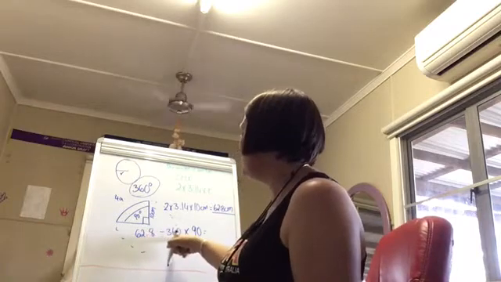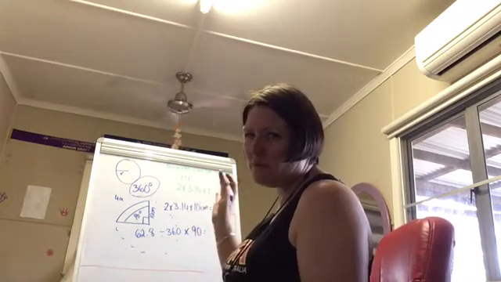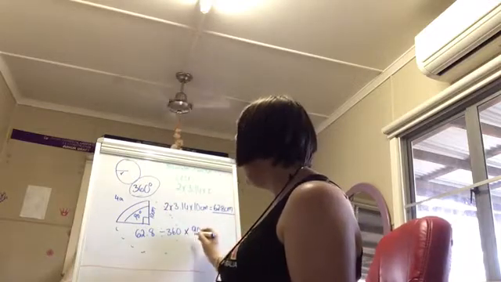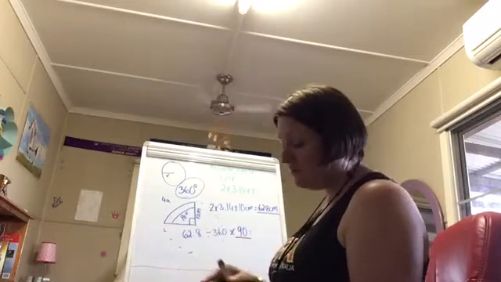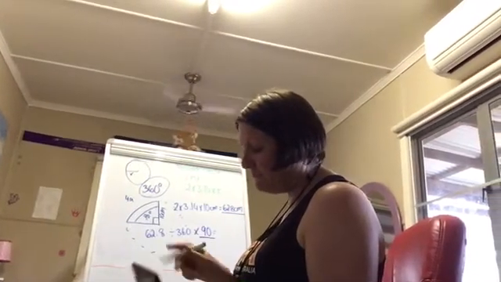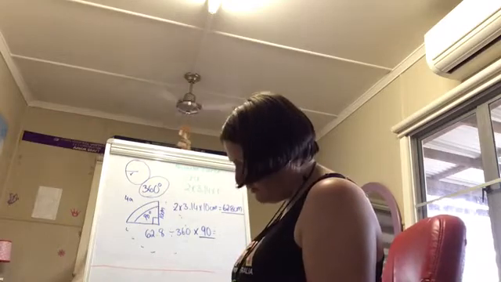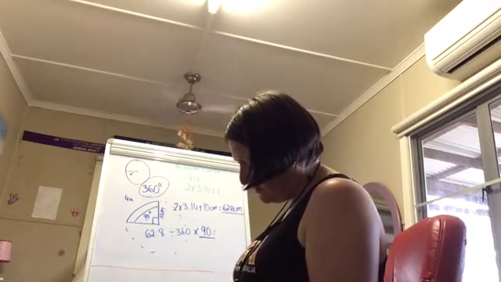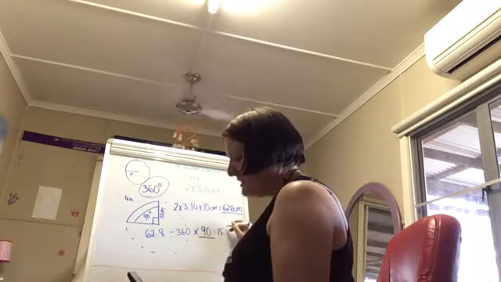So 62.8 divided by 360 comes to about 0.1744444. But I need to find the portion that I want, and that is 90 degrees, so I now multiply that by 90. So 62.8 divided by 360 times 90 is 15 point